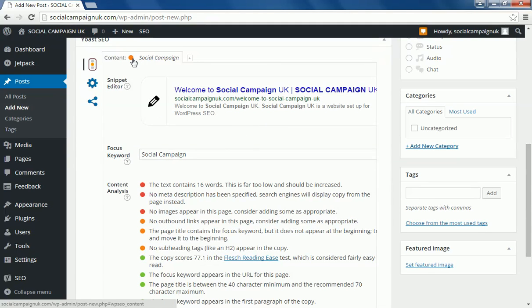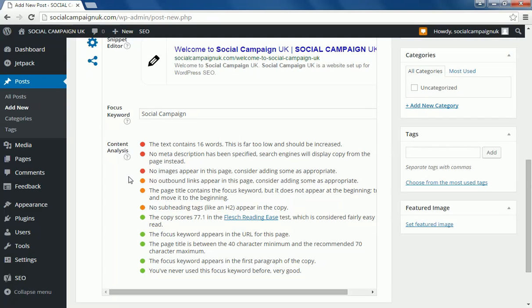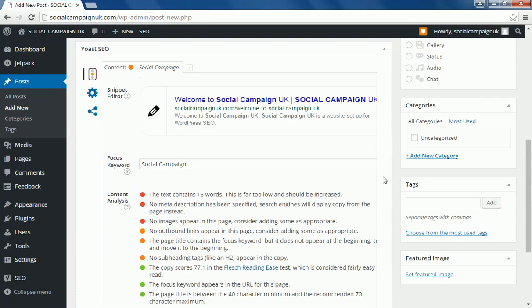Up here you've got a red light, a green light and an amber light, and it's kind of a traffic light system which will then tell you if your SEO is any good. There are no outbound links like it says there. There's not enough words, it's far too low. We need to increase the words, we need to increase the copy, and we need to increase everything on it. There are no images. It's quite a boring page, so it's no use for SEO, but we're just showing you how to set up